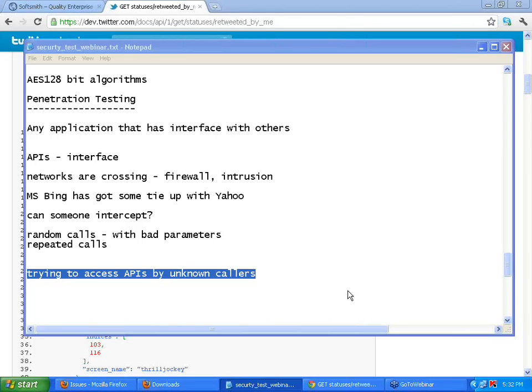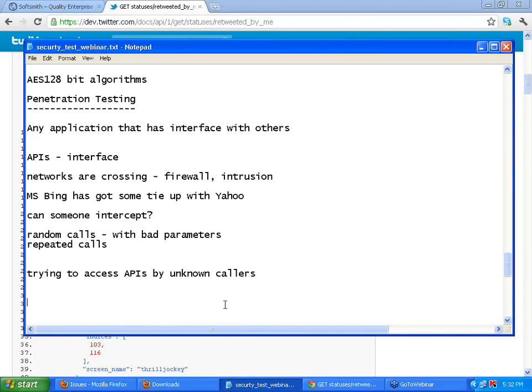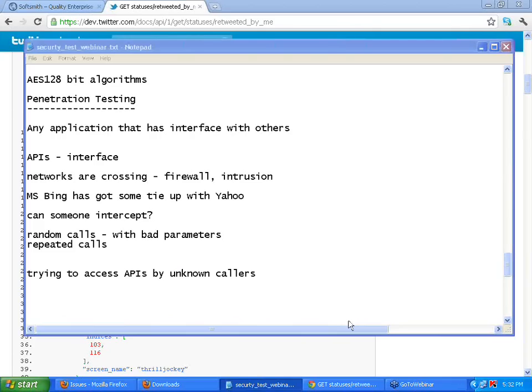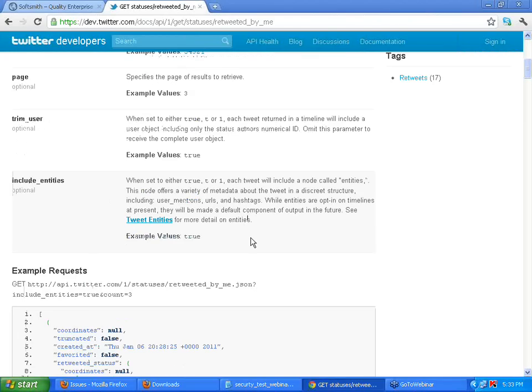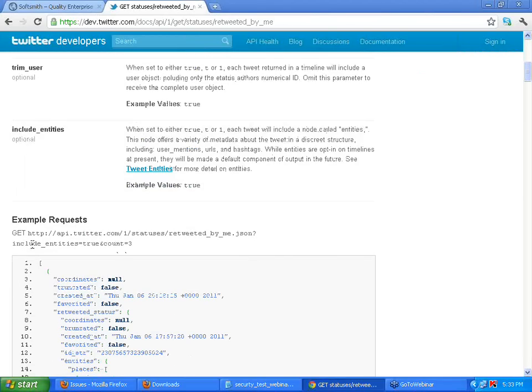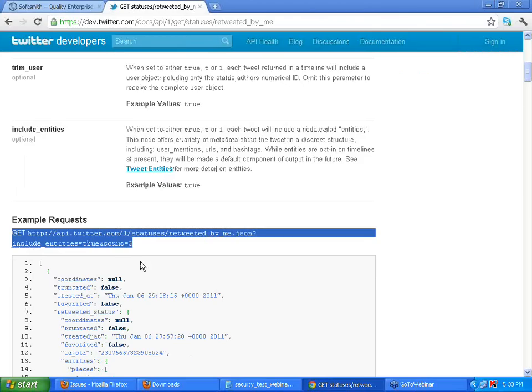Okay. So most of the time these penetration tests are automated, right? These are all automated. But how will I do it? Again, as I said, there is no way. For example, this particular API, Twitter would have tested again and again. They will call it this way. Now, if I am giving different parameters, right? What will it return? Without authentication, should I do it with a proper user ID and password? That is called penetration testing.